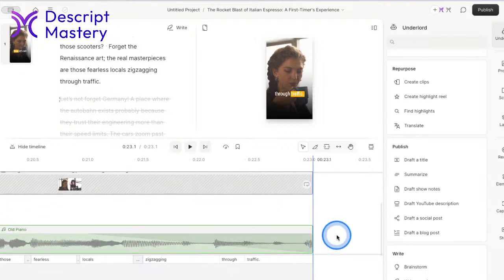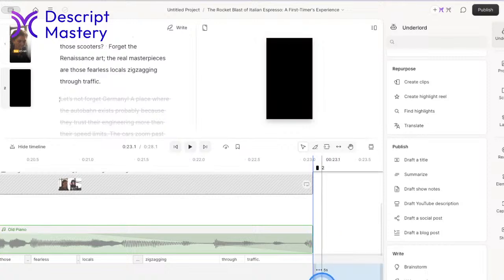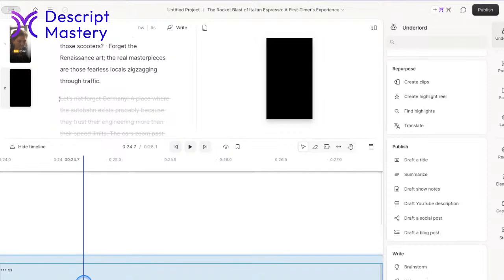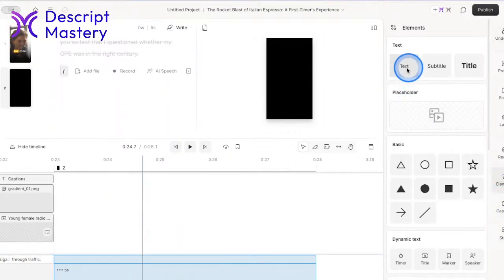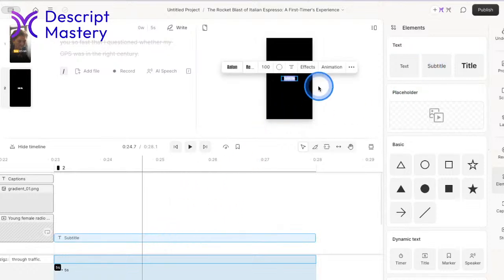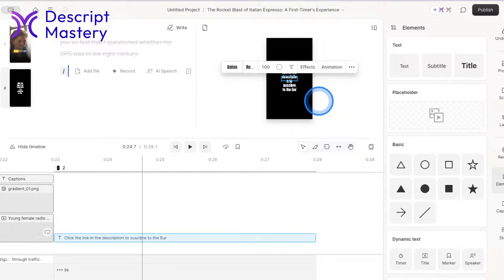You could add some sort of end screen. So you could add a slash right here, and I now have a scene 2, and it's just a blank 5 seconds. And I could do something like going to elements, text, and if I was trying to get somebody to subscribe to my newsletter, I could say, click the link in the description to subscribe to the Europe newsletter.